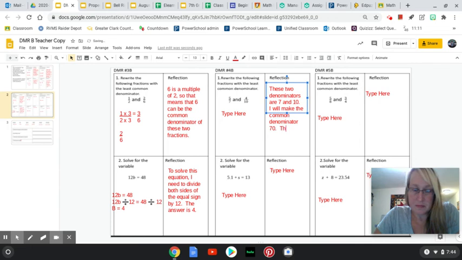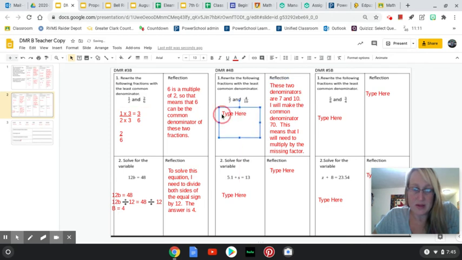This means that the fraction that is missing the 10... Making the 70 the common denominator means that I will need to multiply by the missing factor. All right, so let's make that make sense. What that means is